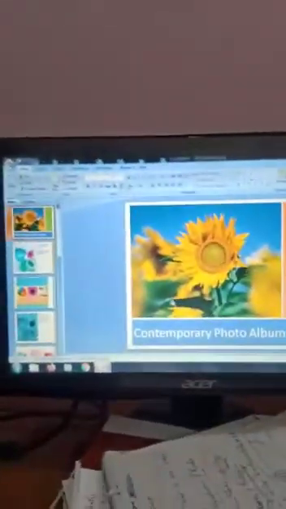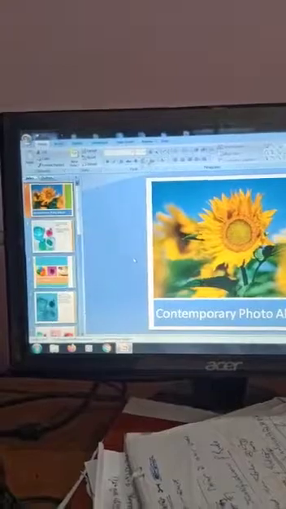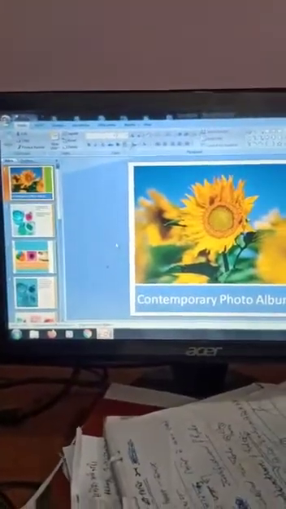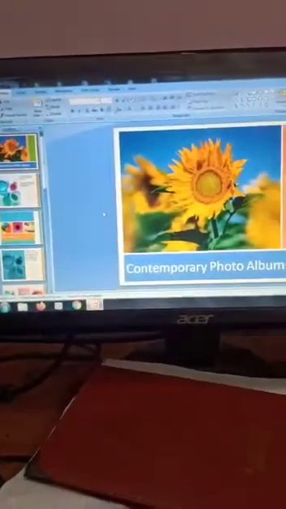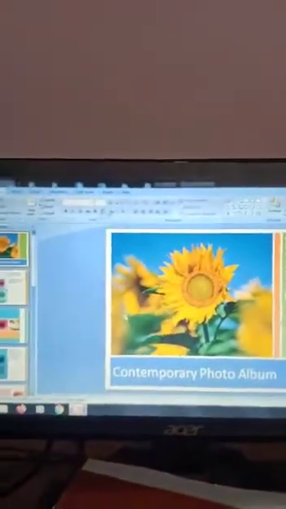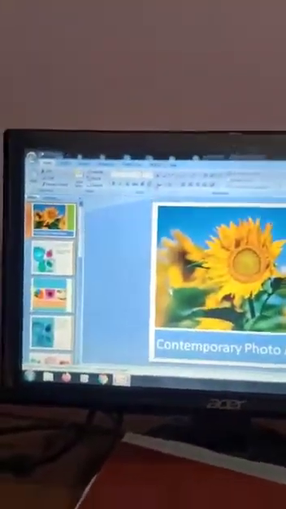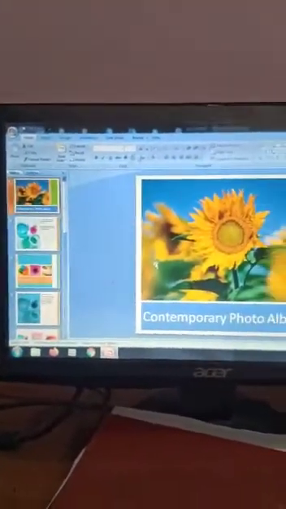Click on that Create. After selecting this, go to the Create button. That type of presentation will automatically be opened. So through this you can open a blank new presentation.